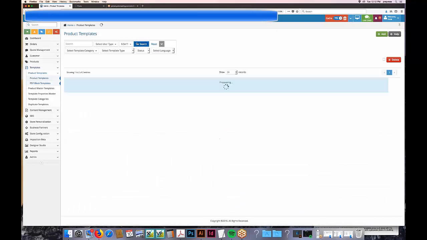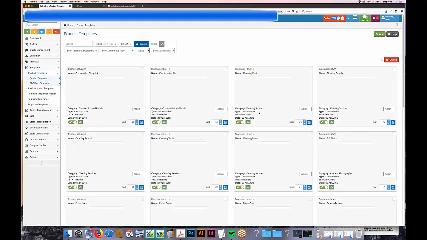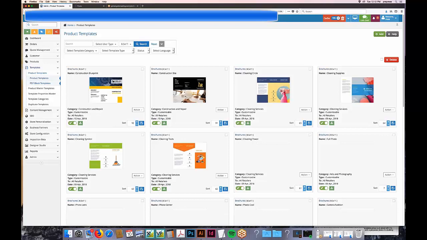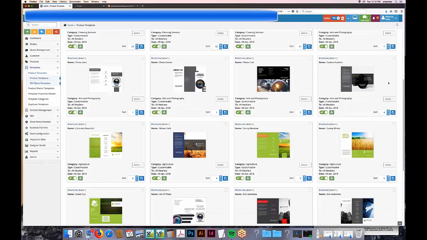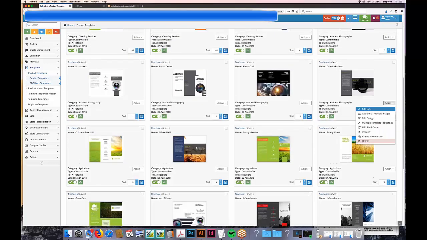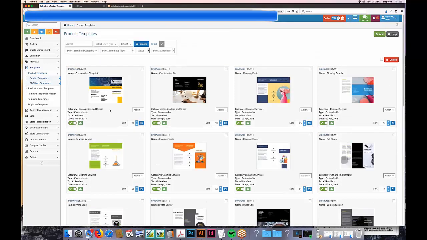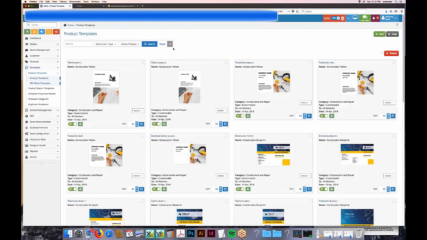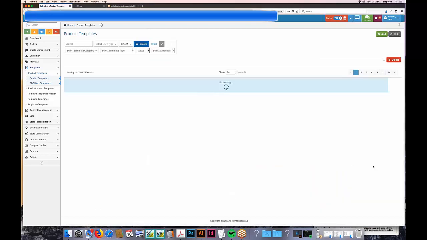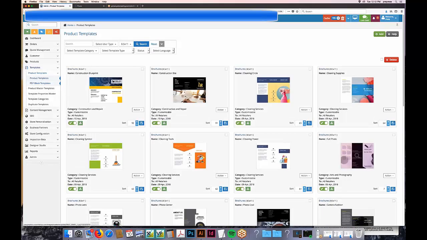So I'm gonna go see all the designs, see if anything pops up. Like this one, for instance. I like that one. This is called, give me 1 second, what do we call this? Construction yellow. So you just go to brochures, find the design that you like,